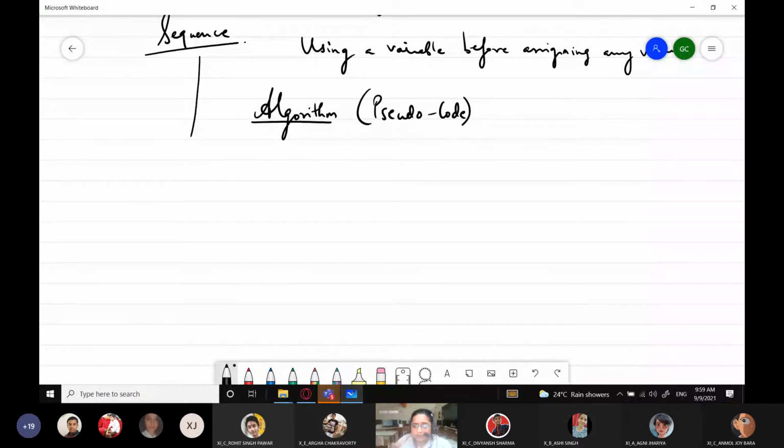Once we have written the pseudocode, problem solving becomes easy. That is, we have found the solution to a problem. Now we just have to convert this into source code written according to the rules of a certain programming language, right? So for this purpose only, we write an algorithm. Like if I take the case of a simple interest program, how will you write the algorithm? So we'll write the algorithm like this. Step one, first thing, read from user.